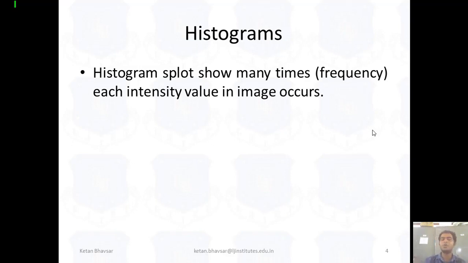When we talk about a 2D image, we have an x coordinate, y coordinate, negative x and negative y. With the help of the histogram we can identify the intensity value, or we can say the average estimation value of particular pixels can be highlighted with the help of the histogram.